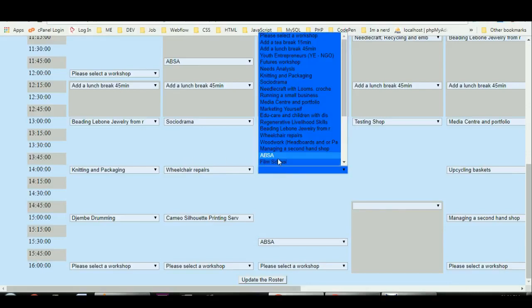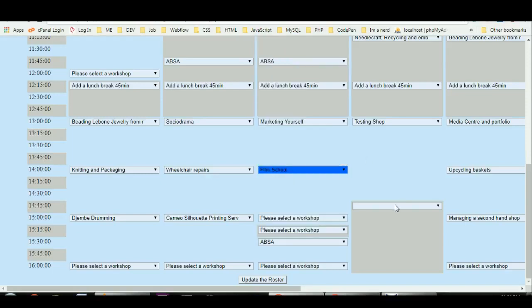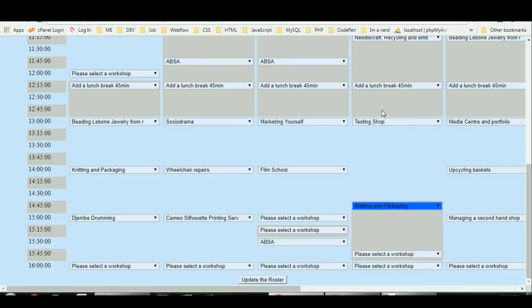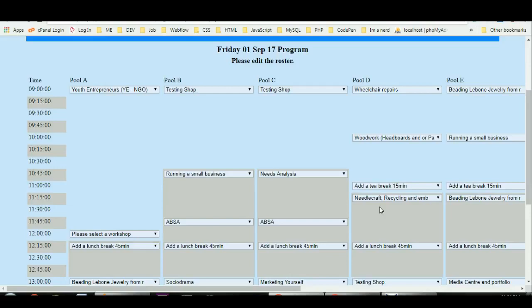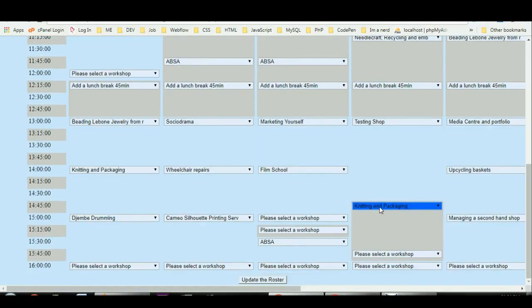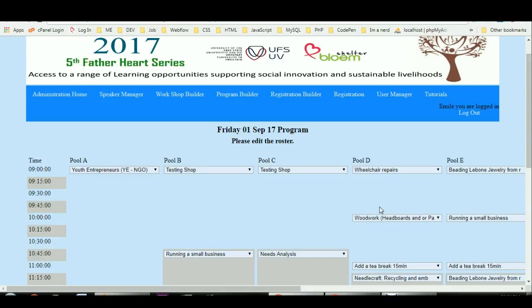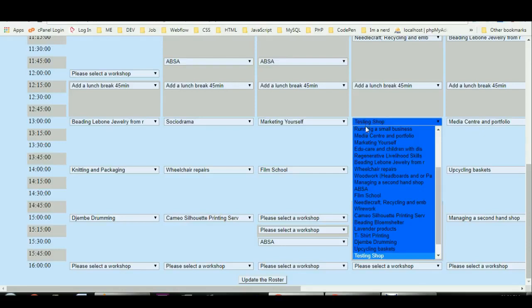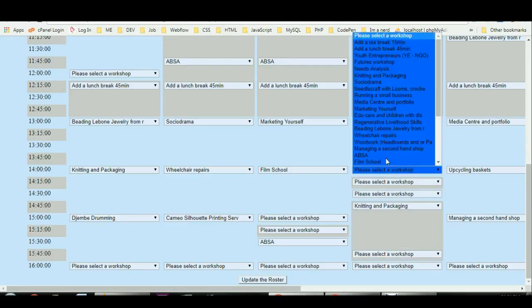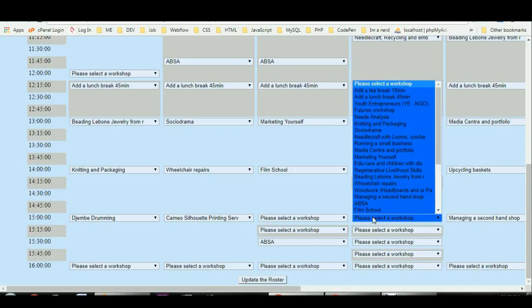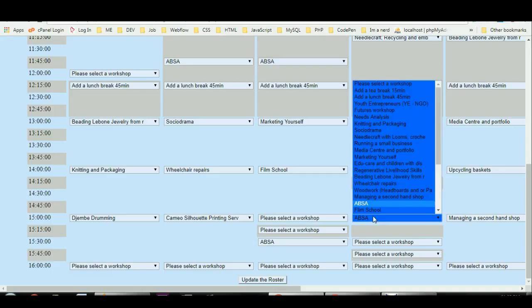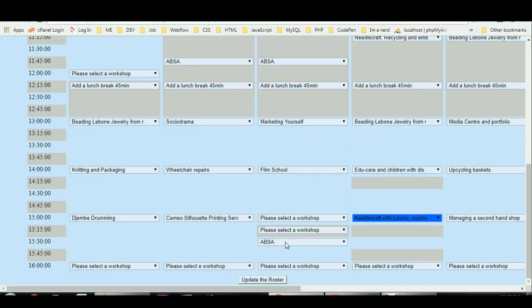This will mean that whatever was in there is no longer in. That is what it will look like if you go and mark workshops inactive. Then it will no longer appear in your program. So it's something to consider if you mark a workshop inactive. And as you can see, generally it all adjusts automatically, and then you just click update the roster,